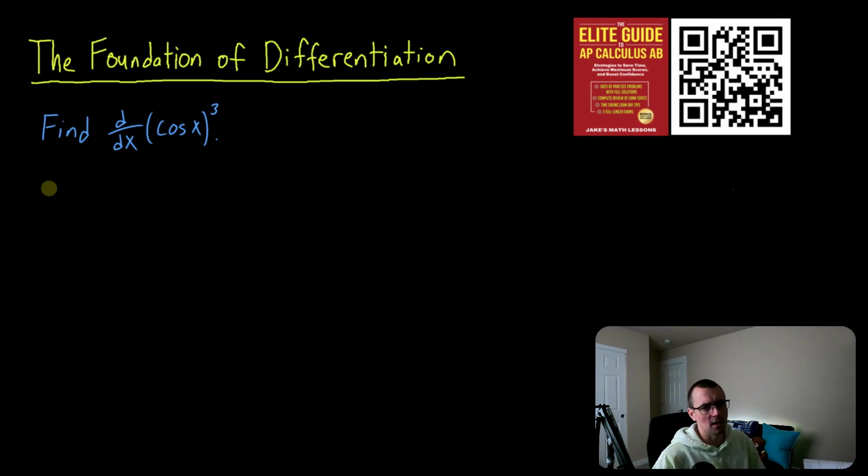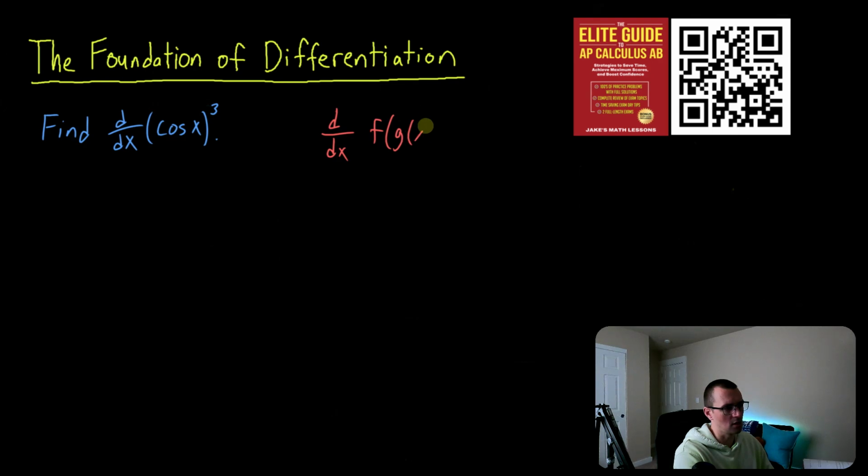Well, let's go ahead and dive into it. So before we actually jump into this example, I do want to take a brief second to talk about the chain rule itself. The chain rule essentially says that if we want to find the derivative with respect to x, let's say, of some composite function, which we will call f of g of x,